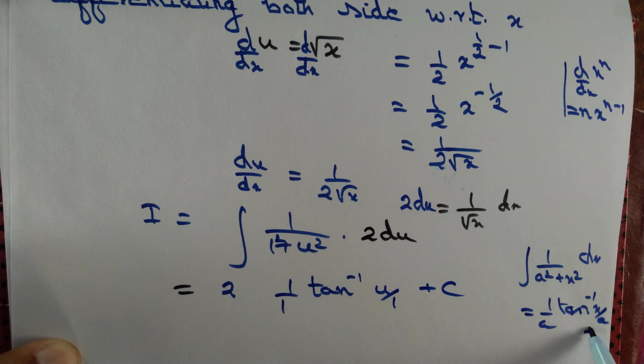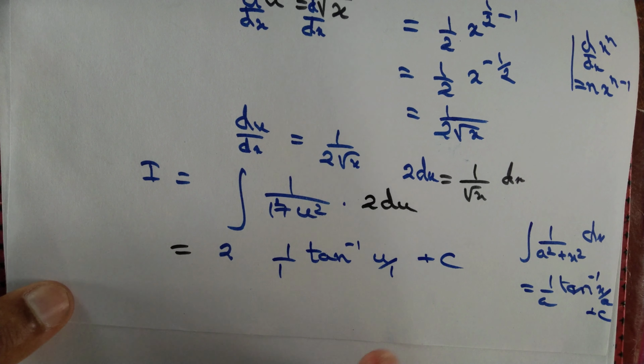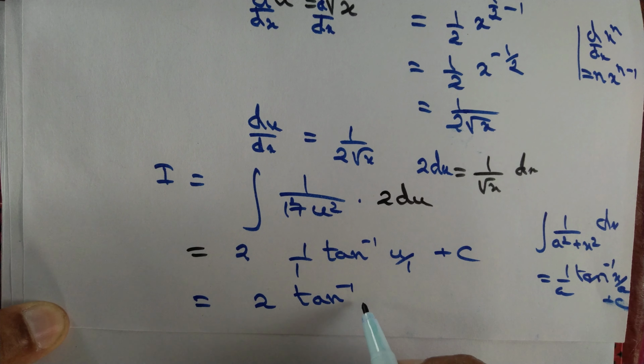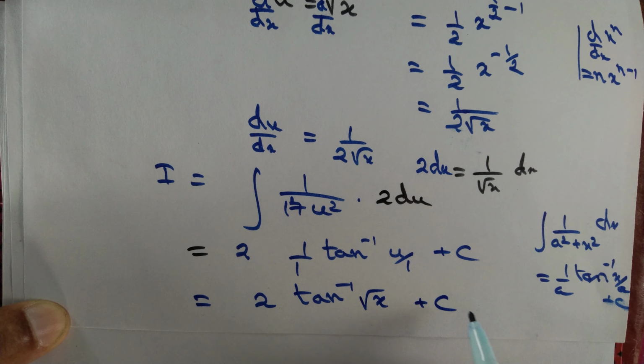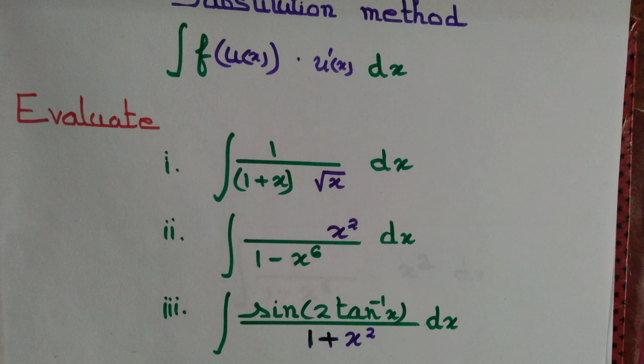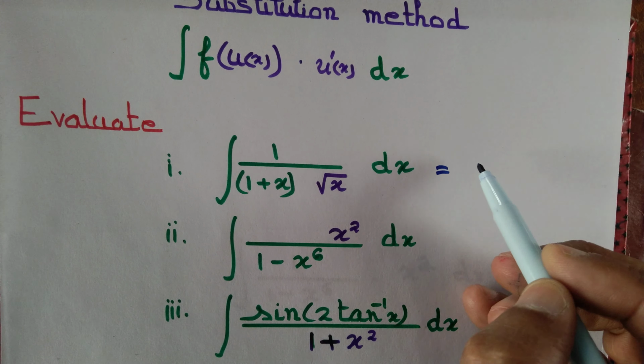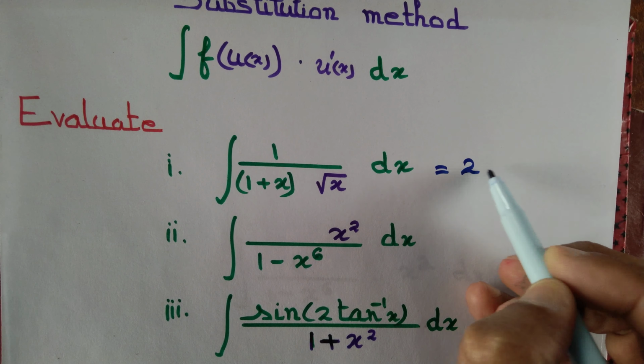Of course, plus some constant of integration. That's equal to 2 times tan inverse of, but we don't have u in the equation. We got u equal to root x. So instead of u, we will write root x, and we are done. So first one we did, and we got it equal to 2 times tan inverse of root x